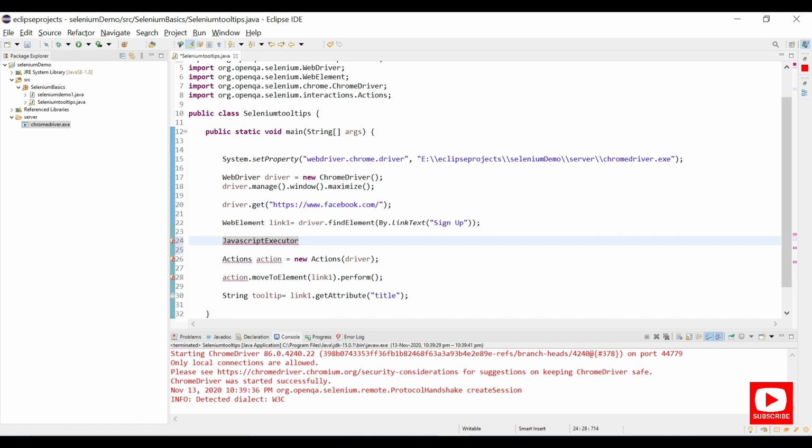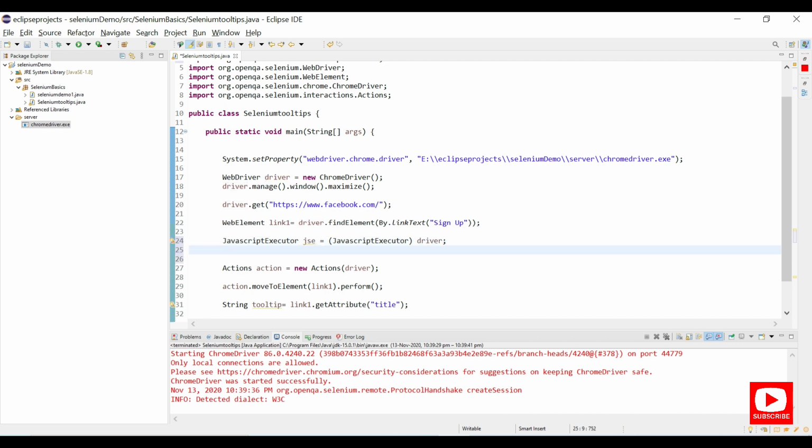JavascriptExecutor js equal to a typecast of the driver. So here I'm typecasting the driver to JavascriptExecutor.